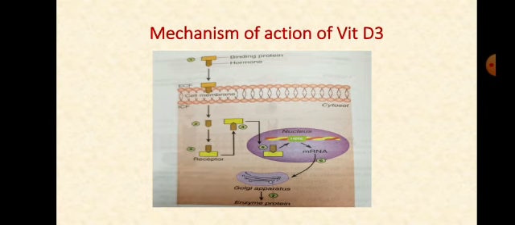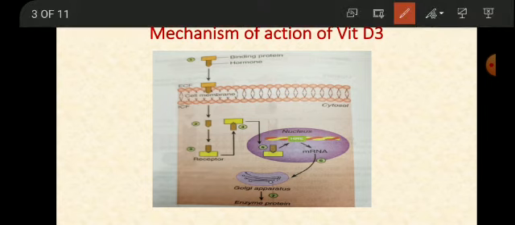As I have mentioned, vitamin D is structurally a steroid group of hormone, so it is lipophilic and can cross the cell membrane easily. After entering the cell, like all other group 1 hormones, it binds to the intracellular receptor, which is present in the cytoplasm as well as in the nucleus for vitamin D, and this hormone receptor complex is then